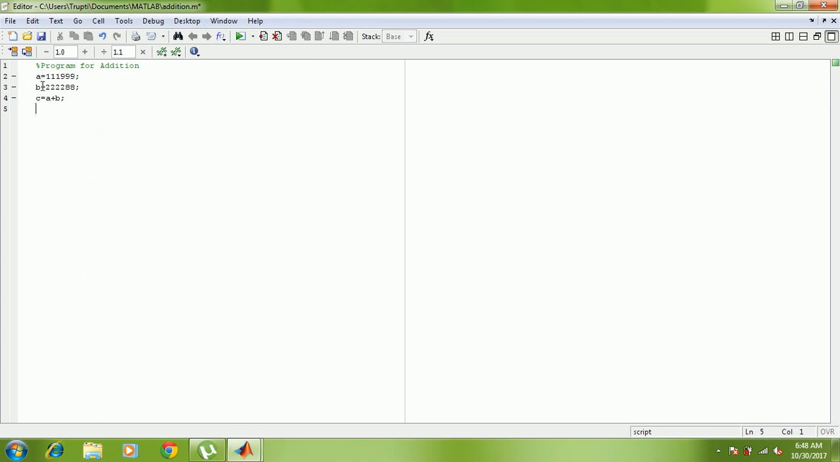Now A has been given, B has been given, the operation has been done, but we haven't displayed the value of C. Okay. So to display the value of C, you can use fprintf. This is the syntax used in Matlab software to print some value. You write fprintf, then a bracket, then the value of C is,